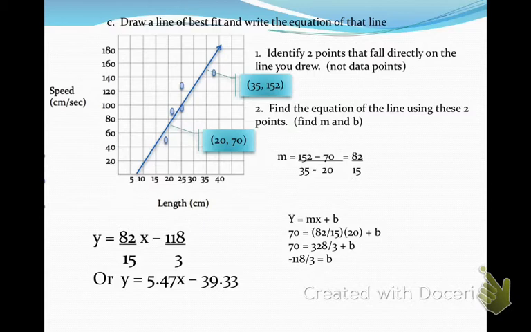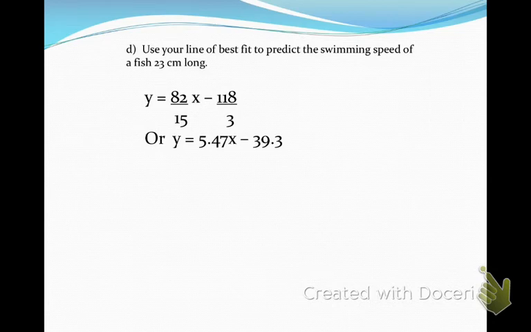So I rounded to the nearest hundredth for my equation. So this is the equation of that line, and we can use that now to make predictions. For instance, if I want to know what I would expect the speed of a fish who is 23 centimeters long to be,